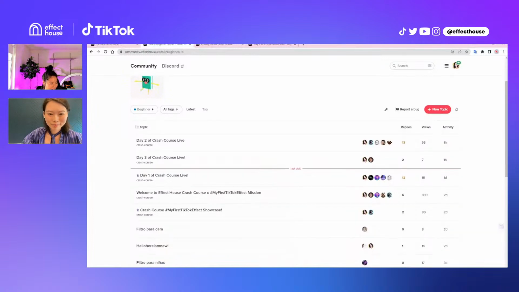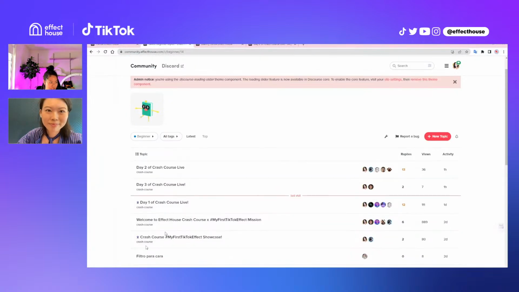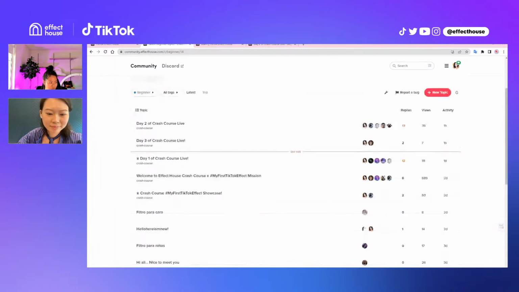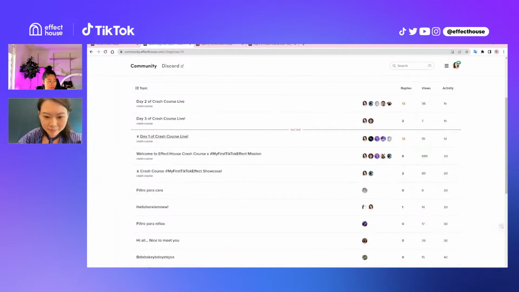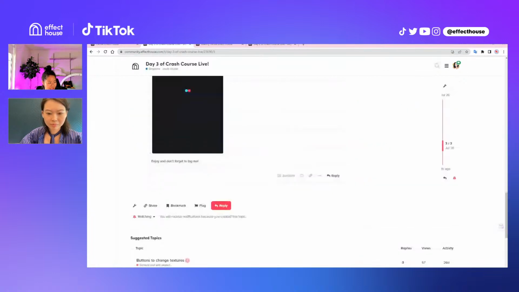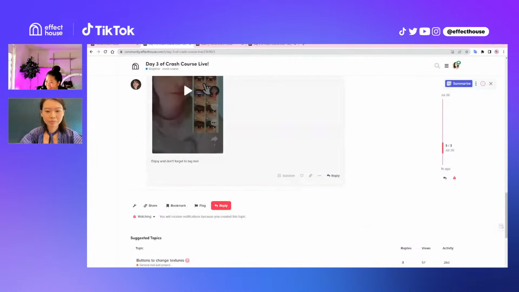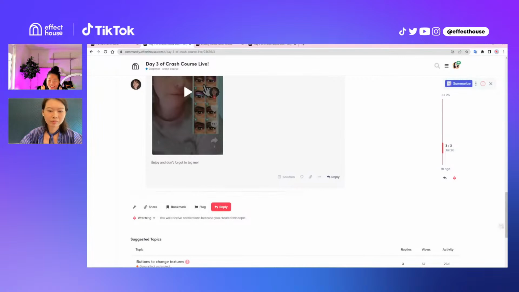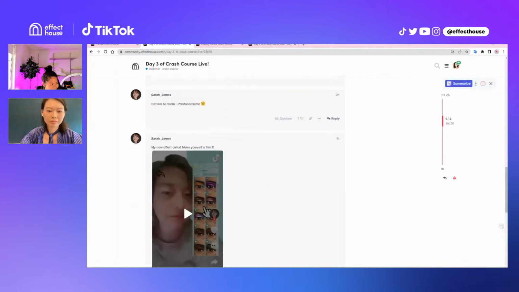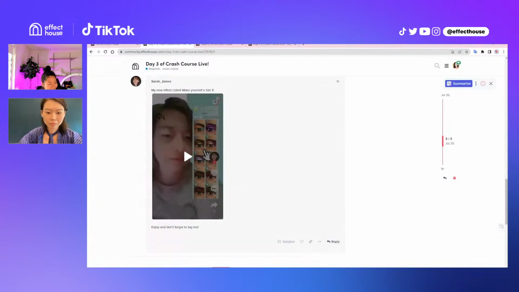Here, if you go under the Beginner section in our panel, you can see that each of the days of the crash course has a day. Day one was Monday, day two was Tuesday, yesterday, and day three is today. So you have to go under here and write down the answer to the question that I just said: what is your favorite TikTok node? And I see that Sarah James, who is Panda Corners Me and is in the chat right now, has published a new effect called Make Yourself a Sim, using the principles that she learned from Monday's makeup live. So if you click here,